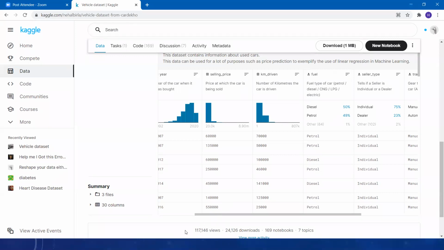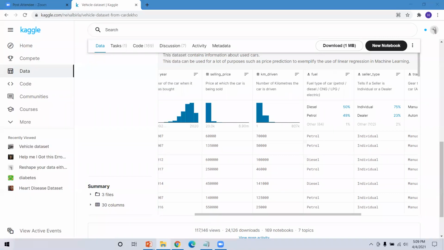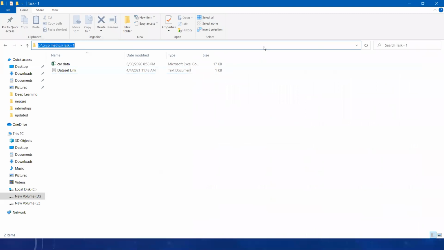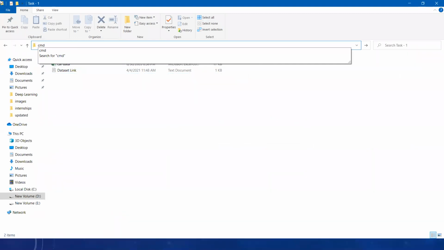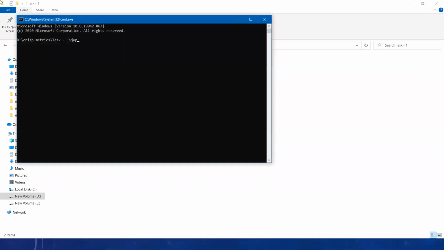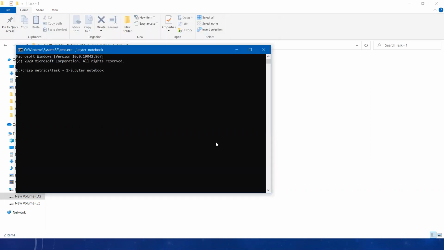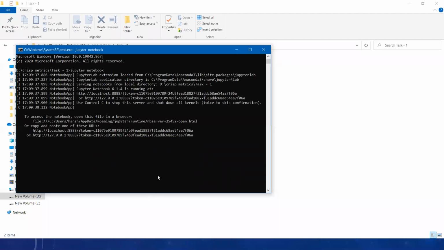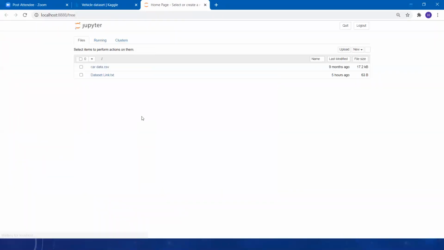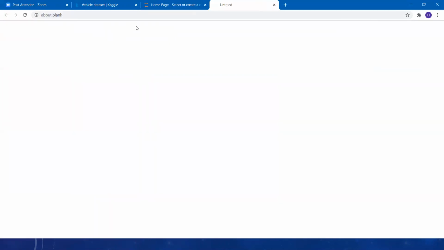Let me open my Jupyter notebook over here. Let's create a new notebook to solve this problem.